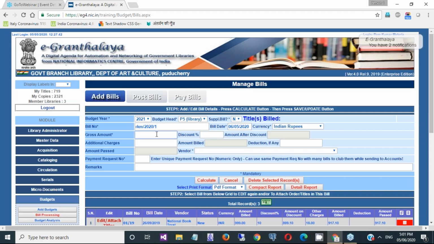And you know very well that suppose you are going to purchase 5 books and the bill has been provided by the vendor for these 5 books, and 3 books are foreign publications. That means they have their cost in pounds or dollars. Then whatever bill you receive, the vendor generally mentions the cost in the foreign currency as well as the conversion rate. So accordingly, you need to type all that information from the bill itself.